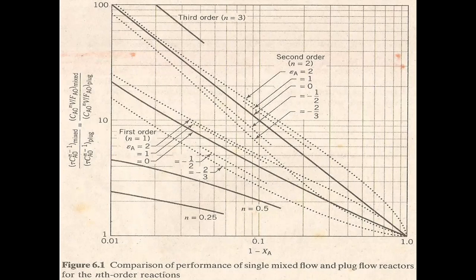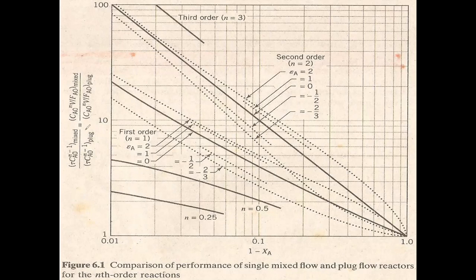Now, this is not graphical, although your answer will be dependent on how well is your sight in using this particular diagram. So in here, on the horizontal axis, you have 1 minus XA. You, of course, need the conversion. That way, you can compare the volumes of the two reactors. Now, why do I say you compare the volume of the two reactors? Because if you notice, class, here on the vertical axis, you have the ratio of tau CaO raised to